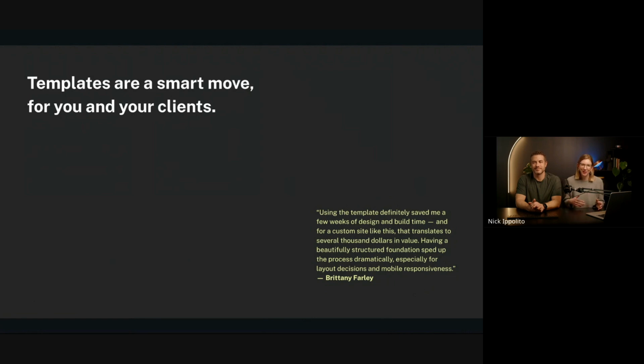It's not a shortcut. It's not a cheat way of building a website. It's just a really, really good tool that you can put into your tool belt. There are some really high quality templates available to you. You might want to use these to take on more clients, so you can build these websites out a lot faster if you're using a template base. You can increase your margins because you can cut down on the time that you spend building up that first wireframe. If you've got a template, a lot of that structure's in there for you, and you can create some consistency in your process. I think there are a lot of advantages to using templates, and it's a really exciting area that we're seeing a lot of people moving into.